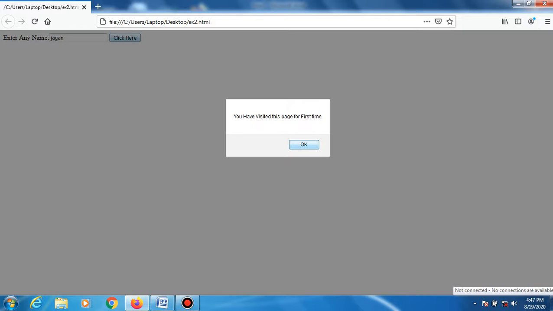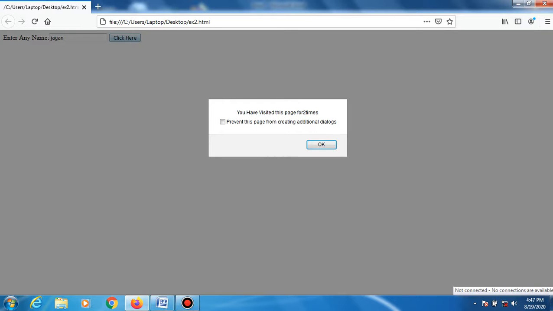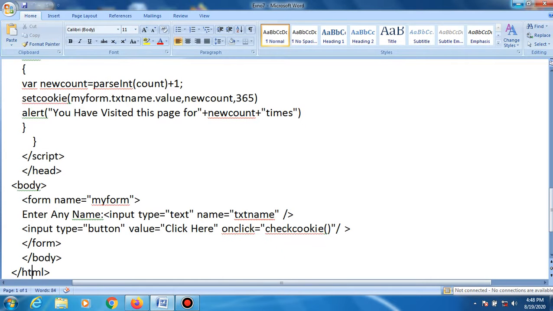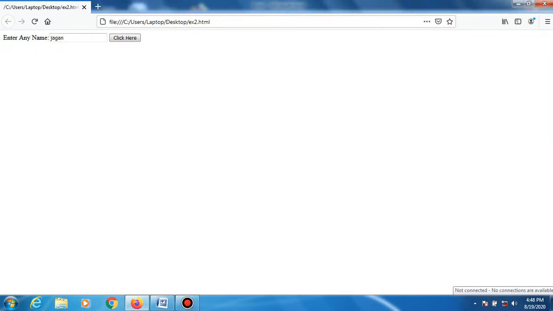This page is a response. It gets the input and responds with the output. Then you click it again, and it will display the message you have visited this page for the second time, and then you click the button again, and so on. Similarly it processes, right? Do you understand now?